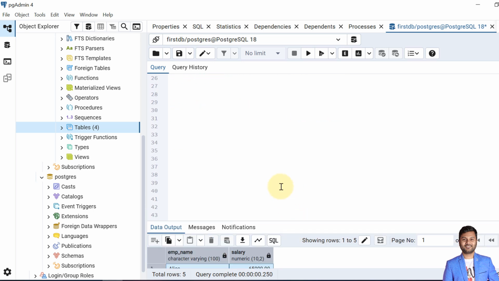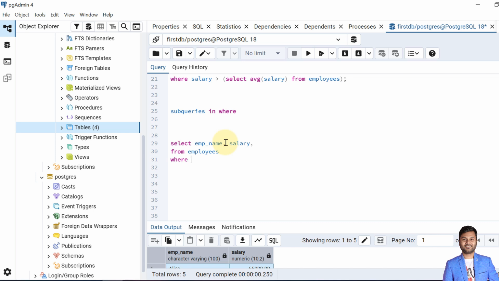For example, employees who work in departments with salaries above 80,000. Let me write it like this: select employee name, salary of employee, as usual from employees, then where department id should be